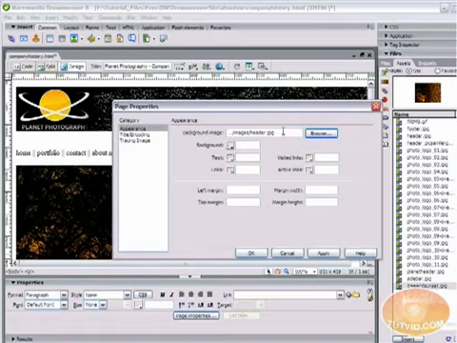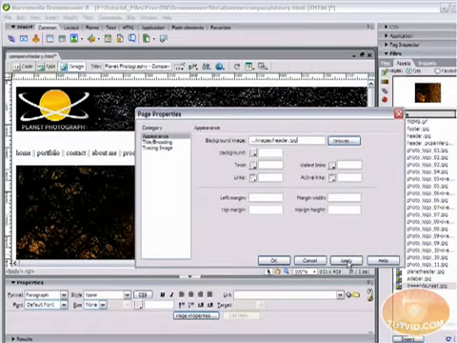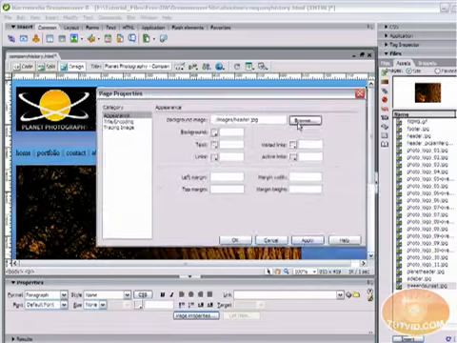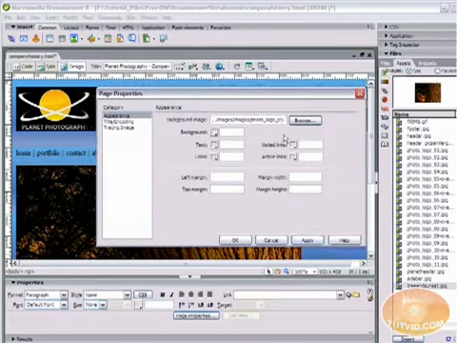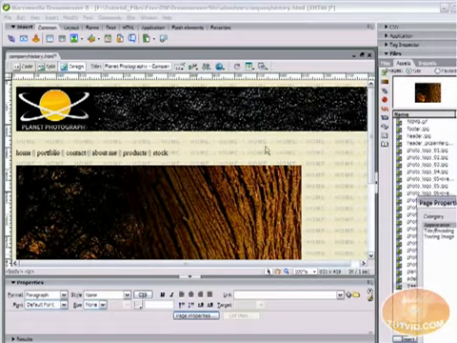Well, by default, when you place a background image that's too small, it does what's called tiling, and you're not really going to be able to see it very well, but it just repeats itself over and over and over again. What I'm going to do is find an image that is more suitable, like this image right here. Home. Alright, when I hit apply, you can see that it's just repeating itself over and over and over and